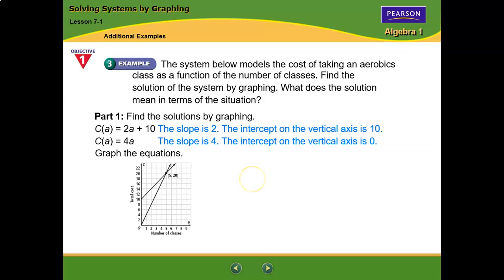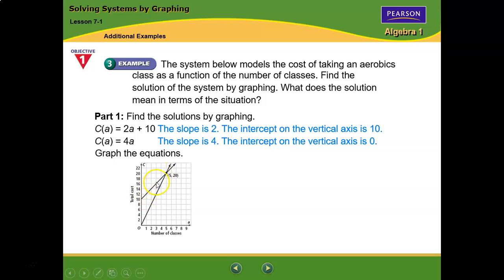So you would have to decide which aerobics class am I going to join. Now, first of all, the quality of the aerobics class too plays into it, but let's say that you like these aerobics classes equally. So cost is the only determining factor here. Well, if you're only going to go to an aerobics class a couple of times, then the second aerobics class is going to be the better choice for you because its cost is less. But if you're going to go several times,